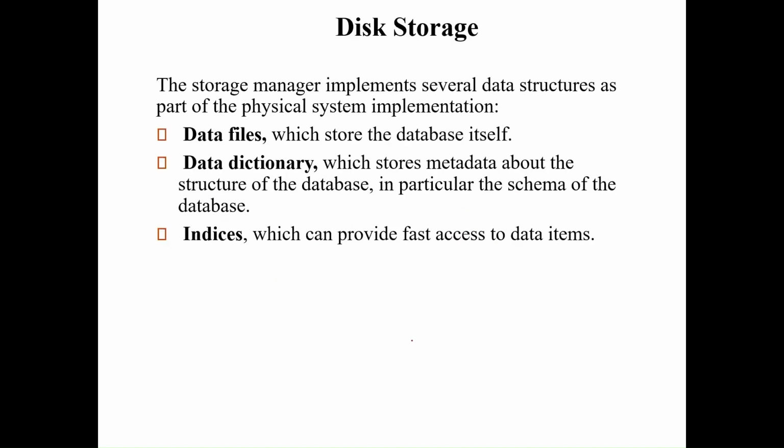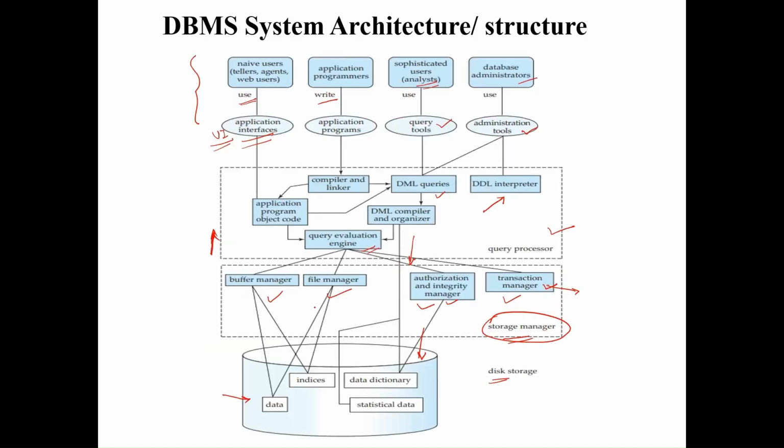And the last component of the database system architecture is disk storage. So disk storage consists of data files, data dictionary, and indices. So the data is stored in terms of files in the data storage by using various methods like indices or hashing techniques. Data dictionary stores the information about the data structure or logical structure